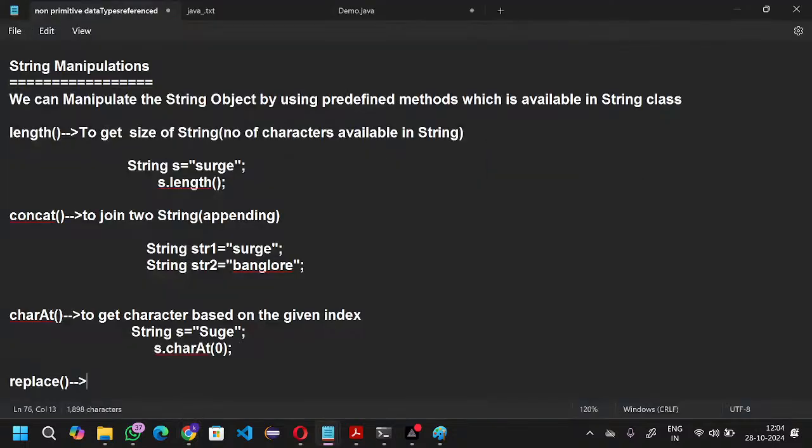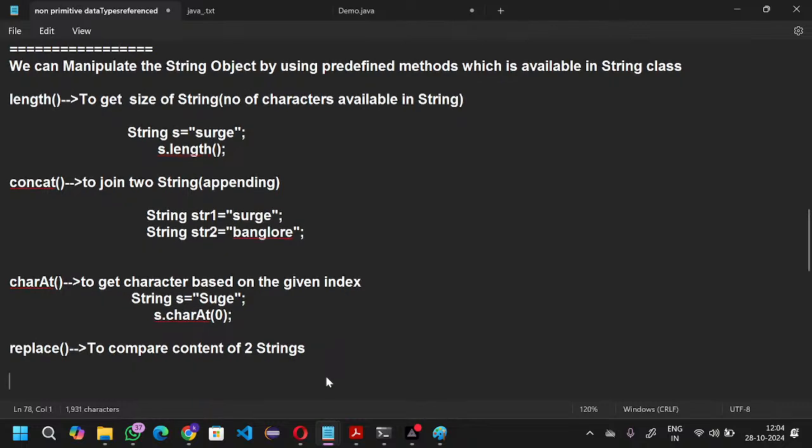The purpose of the method generally is to compare the content of two strings. Guys, only a little difference we have. We have to understand the pulse of the topic: to compare the content of two strings. So generally here, for example, I am taking string s equal to,